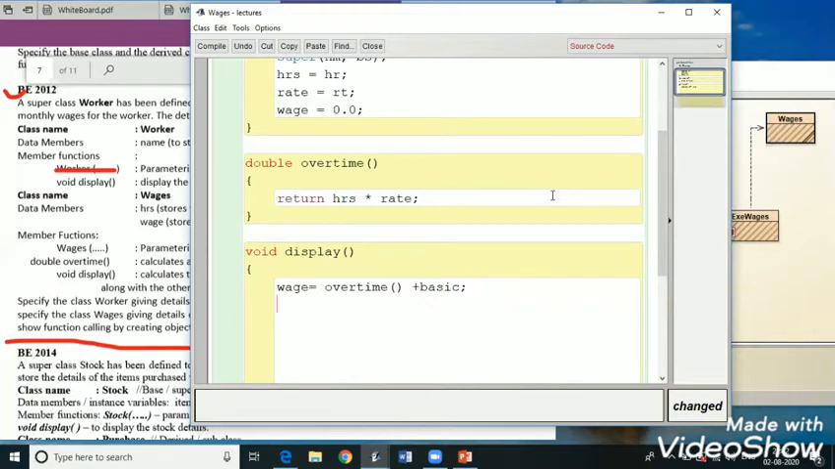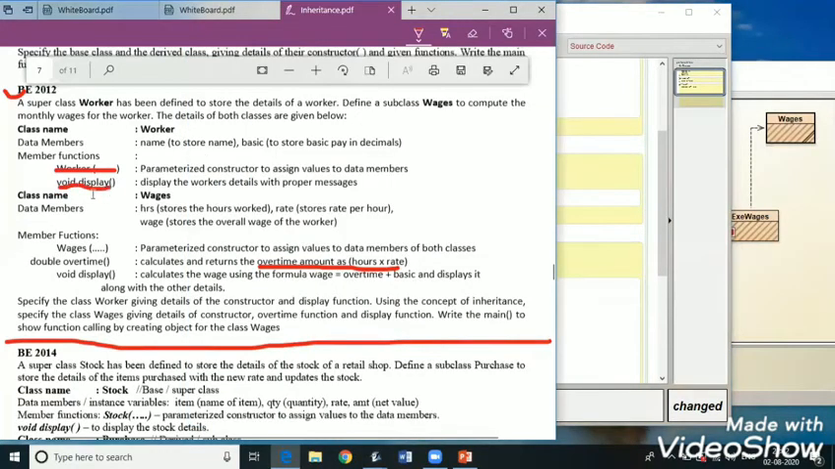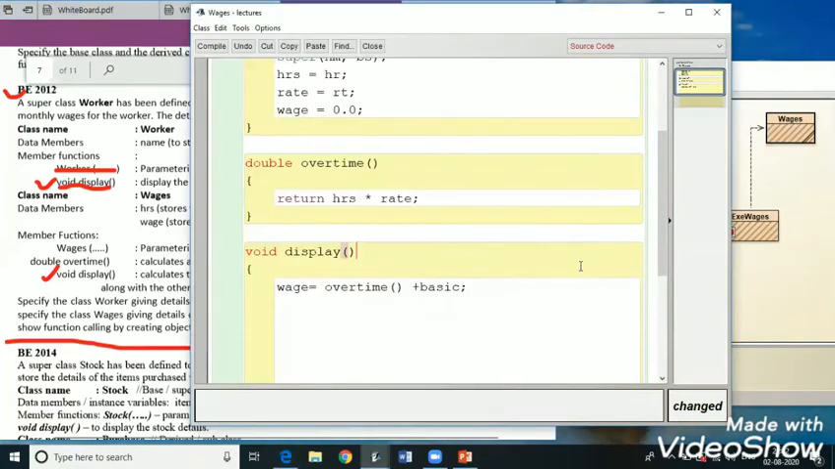First of all, we are going to call the display function of the worker class. And now we can see here the display function of the worker and the display function of wage are of the same name. So here this is overriding, and if I just write down display here, it will call the function itself, that will be recursion, but here we are going to call the function of the base class. So we just write super dot display,